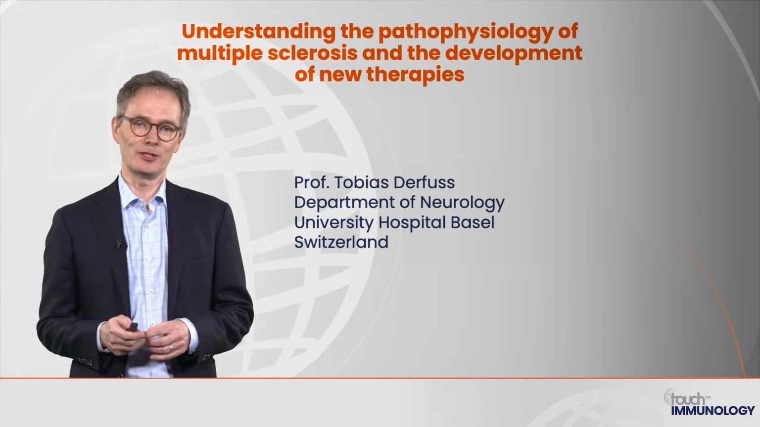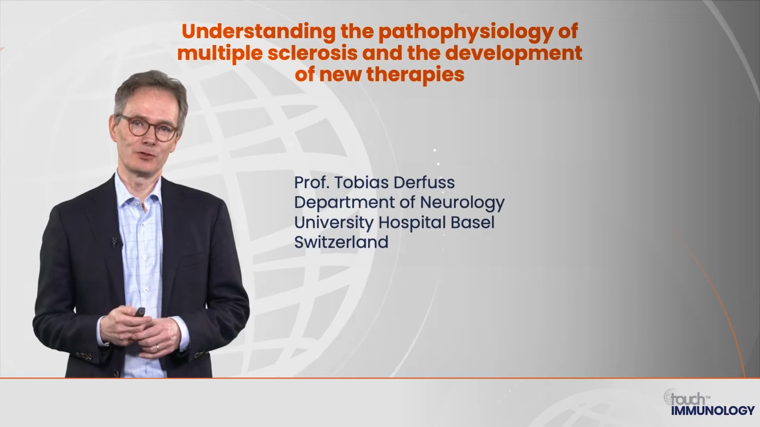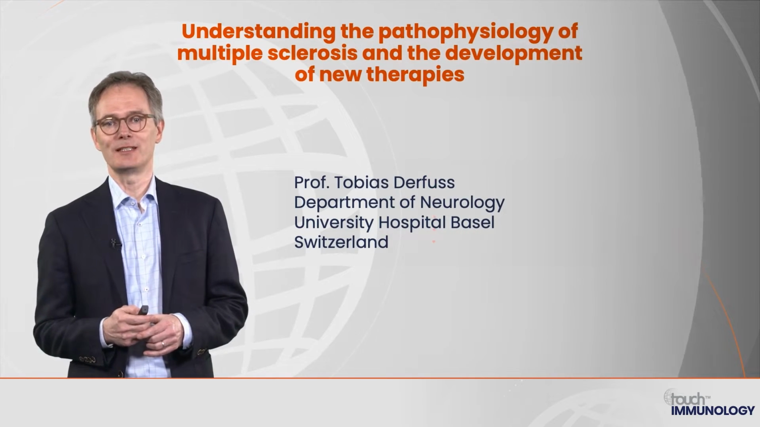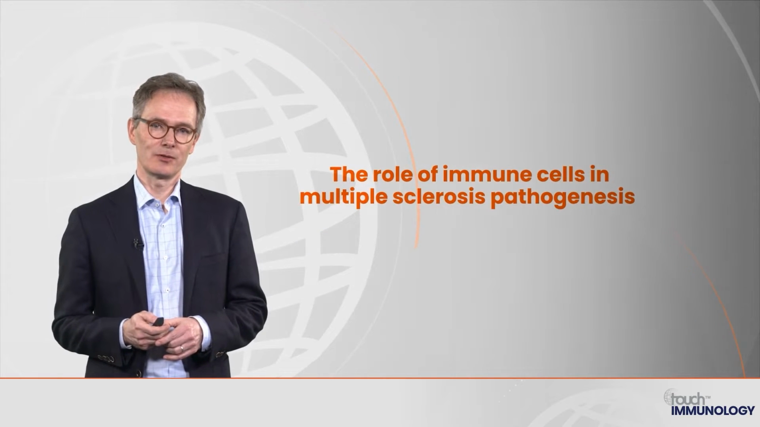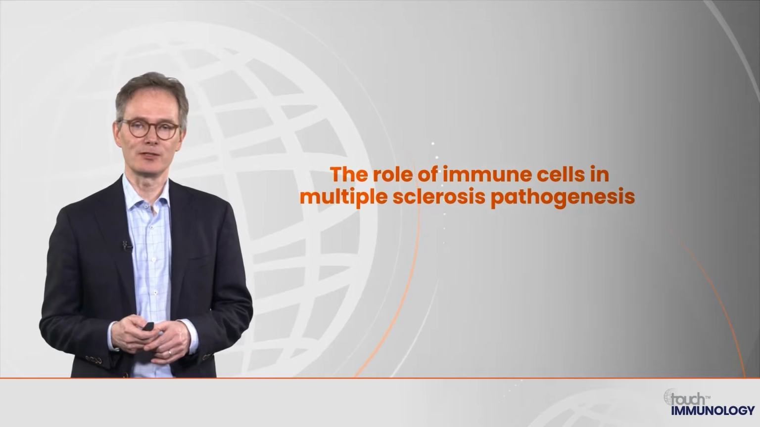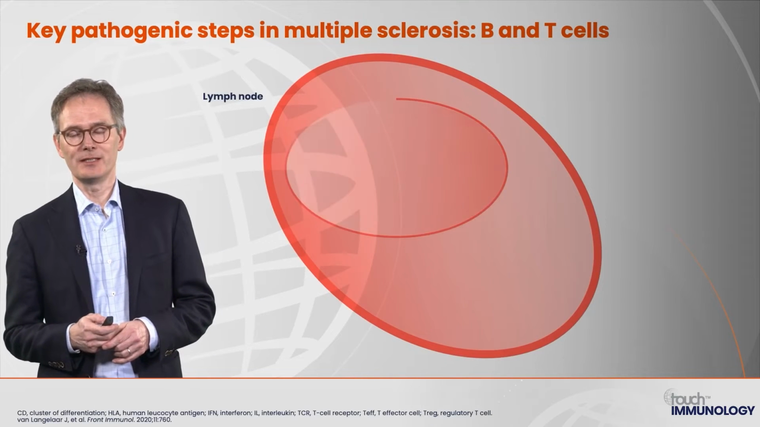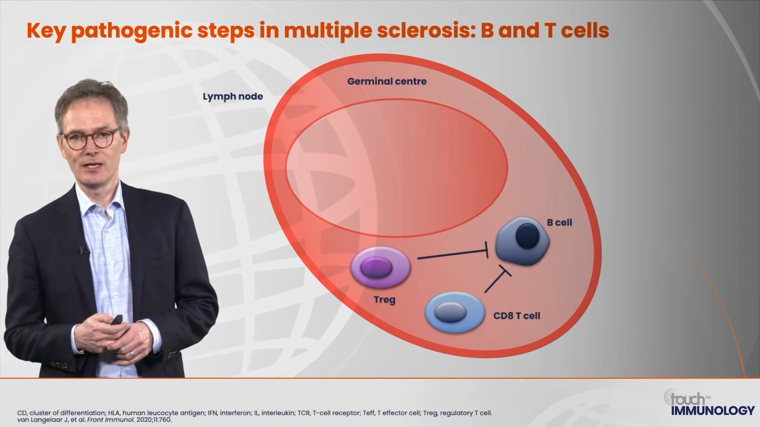I'm Professor of Neurology at the University Hospital Basel. I'm delighted to welcome you to this education about pathophysiology of multiple sclerosis and the development of new therapies. As you all know, multiple sclerosis is an autoimmune disease of the central nervous system. However, the immune response is triggered and initiated in the periphery, in lymphoid organs, at least as we see it